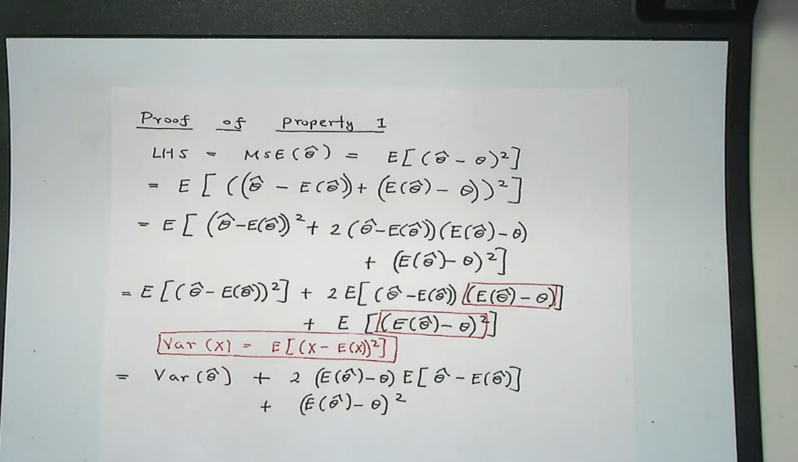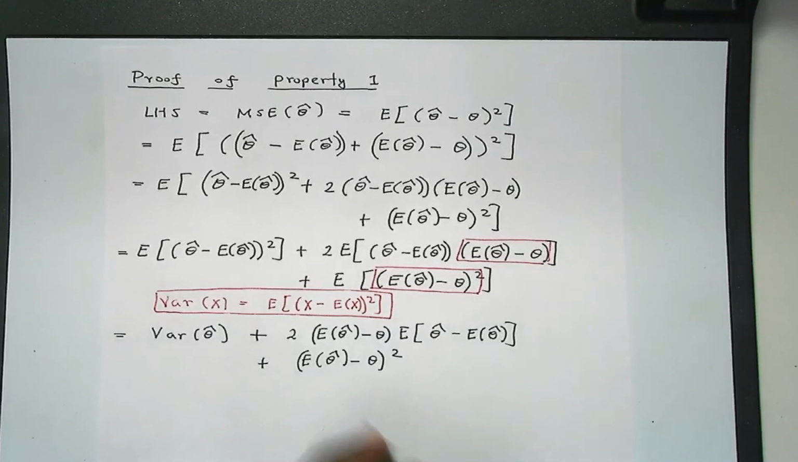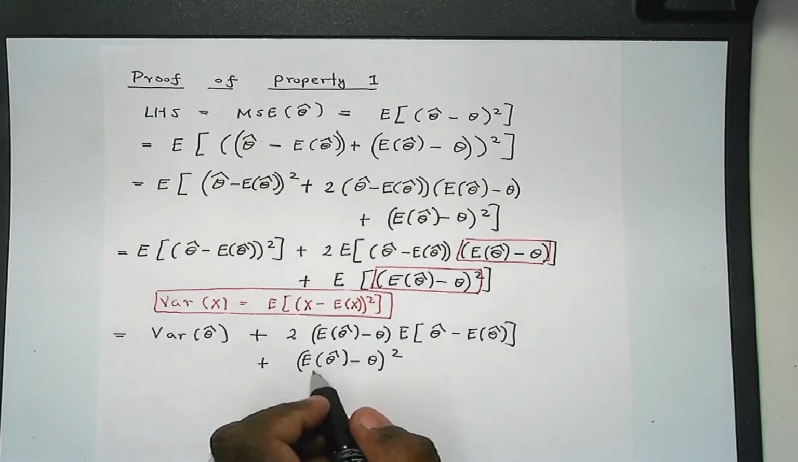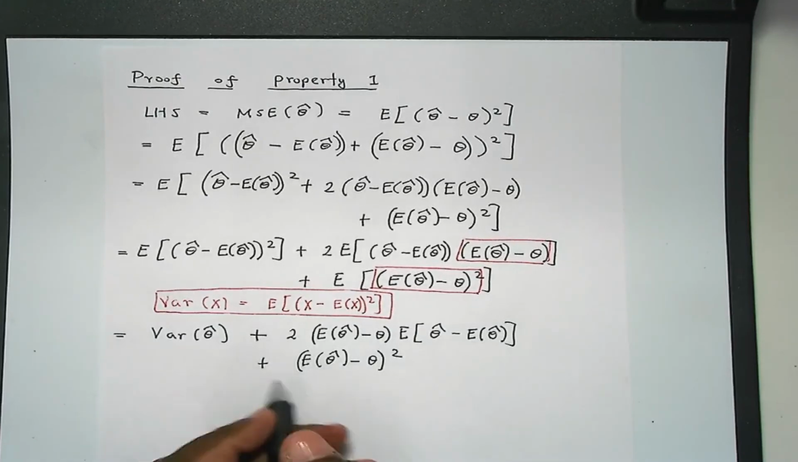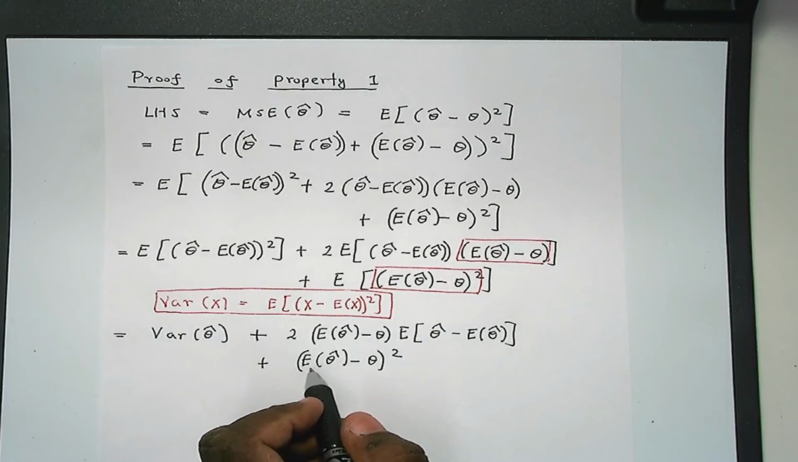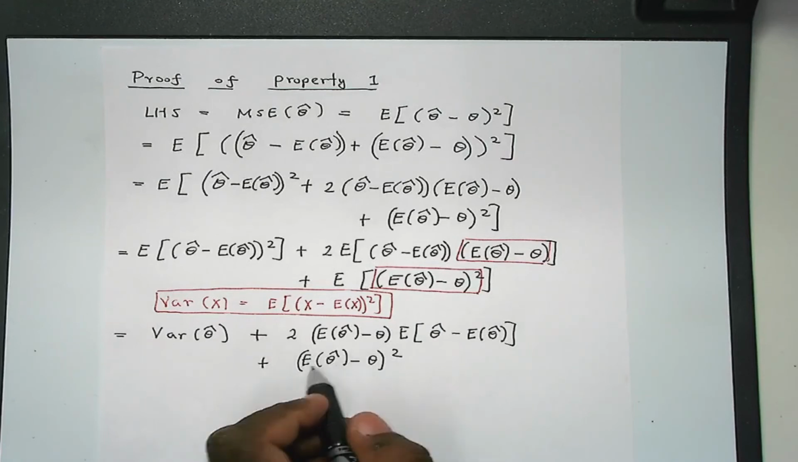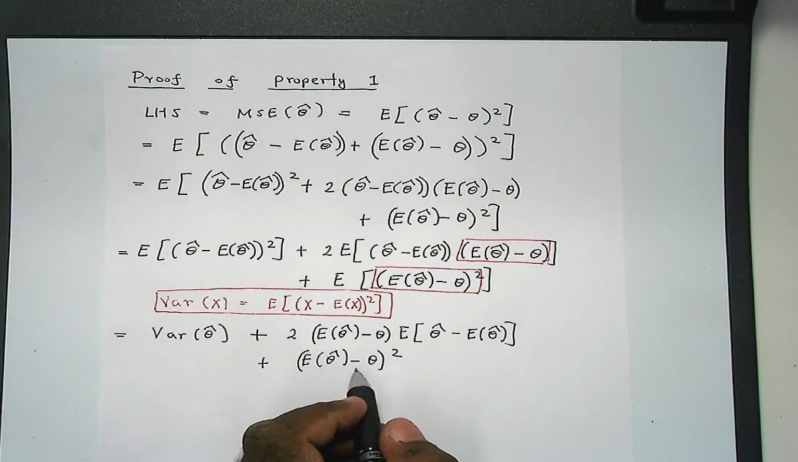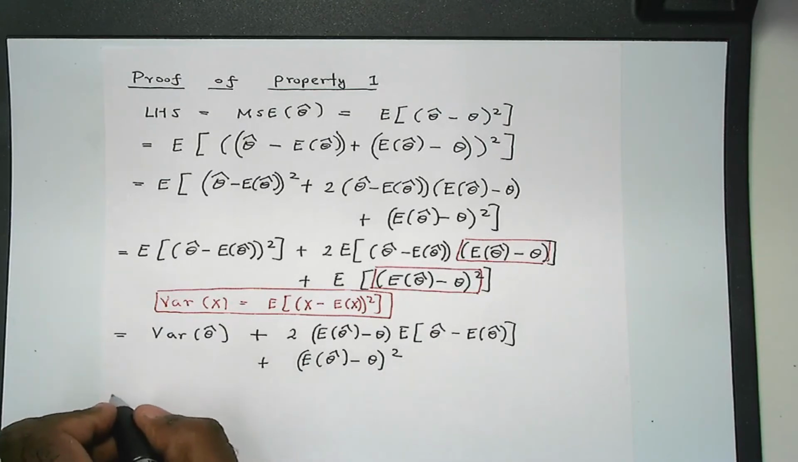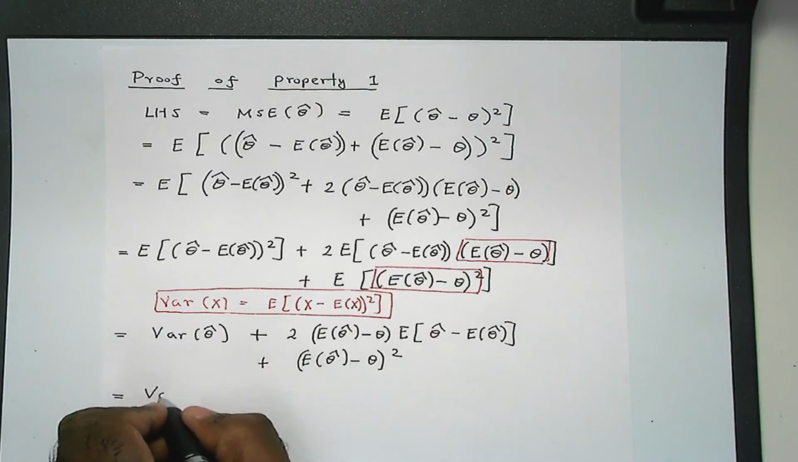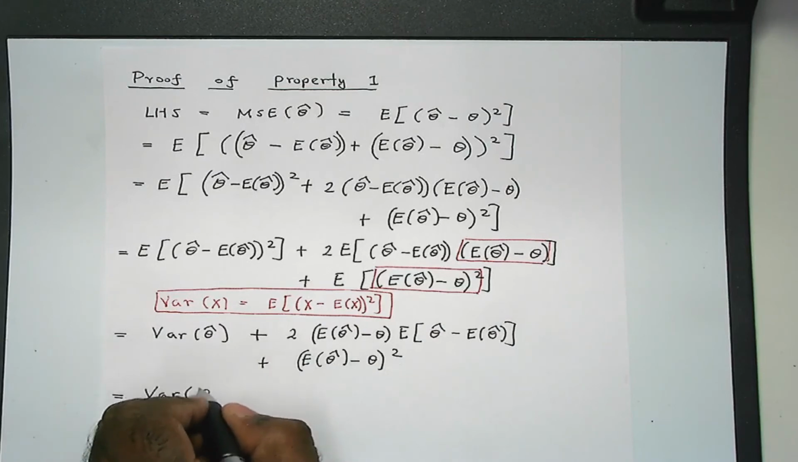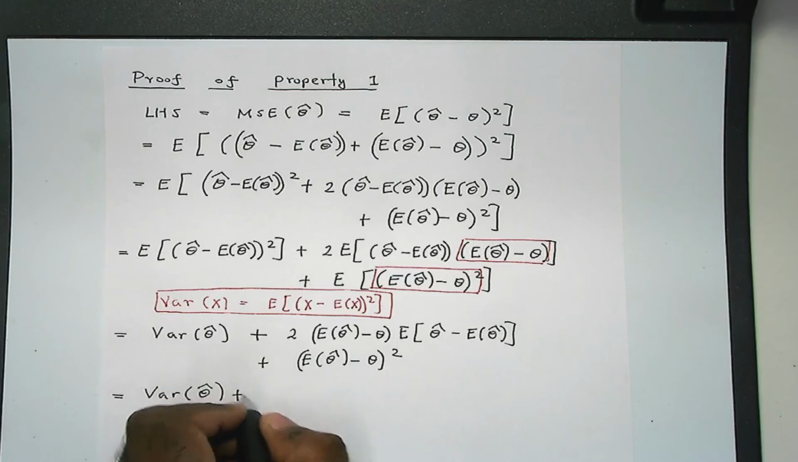Now, by the way, this is the definition of bias. A couple of slides ago, I mentioned that the bias of an estimator is defined as the expectation of the estimator minus theta. So what you have here is exactly the definition of bias squared. So this is the variance of theta hat plus 2 times